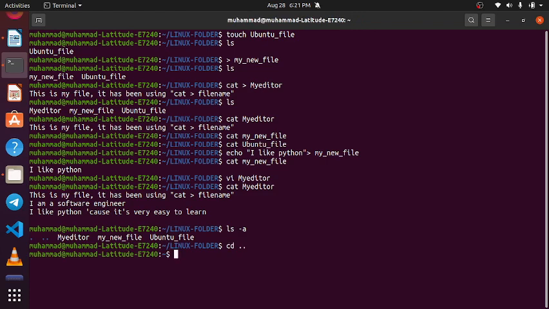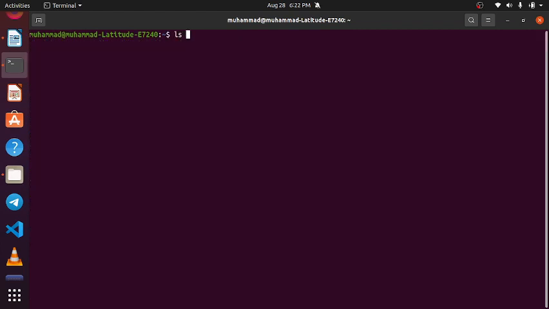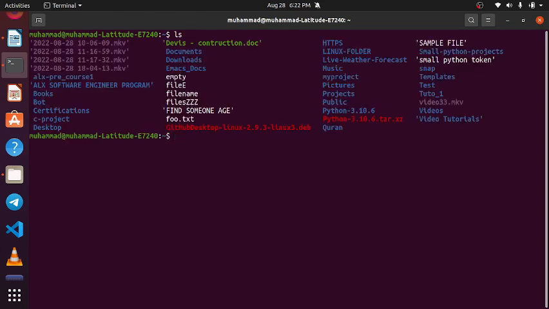Now let me say ls. Let me clean the screen. Let me say ls -a now. This command helps me to see all the content, and at the same time it shows all the hidden content too. So let's firstly type the first ls,